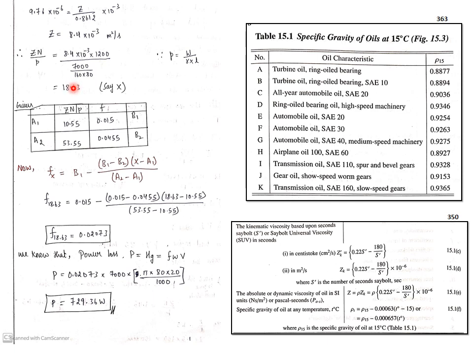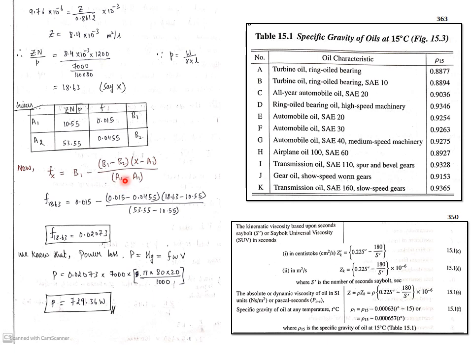So how to find this? We shall assume this value as x. Just write down the points as a1, a2, and b1, b2. These two are a1, a2, and these two are b1, b2. We just wrote them in tabular form. So this is the formula to find f(x) at that point. It is just a mathematical equation.